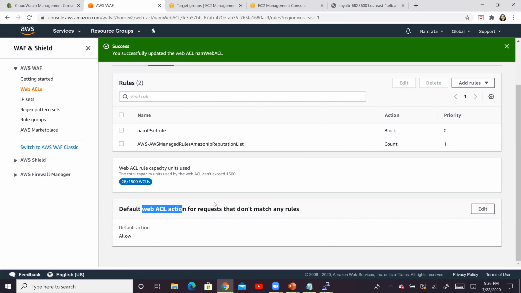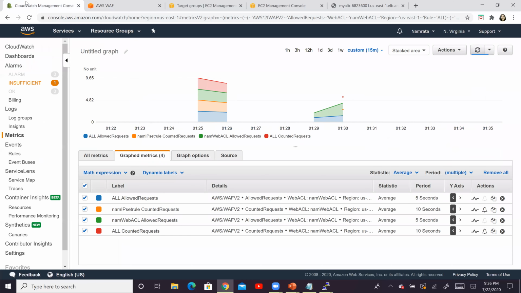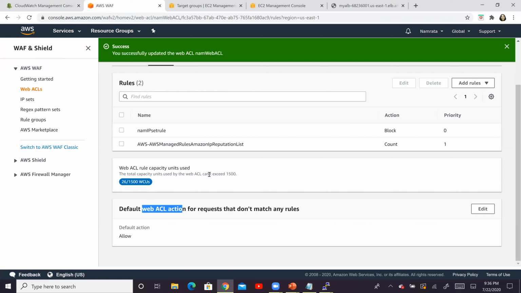Then we will allow the request. So let's say if right at this point of time you would hit my URL, that is my application load balancer's DNS, then your request will actually go through, but my request will be blocked because my IP address is blocked right now. My IP address, bots, threats, any other threats will all be blocked, but your IP address will go further ahead because that's the default action.